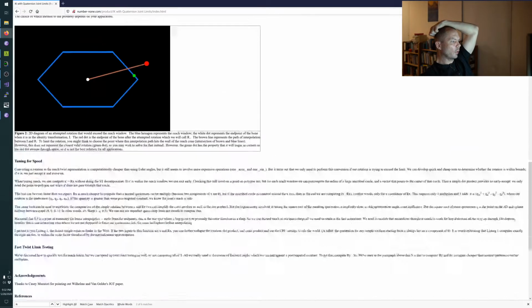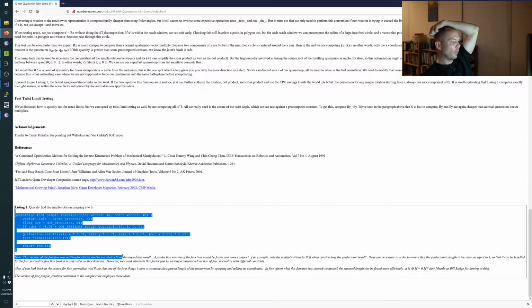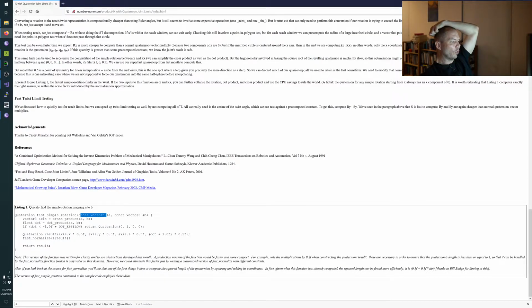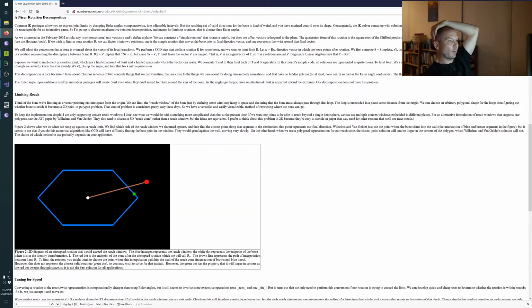This simple function, the code of it is in here, is the simple rotation. It gives you the quaternion that maps A onto B, but not including the twist angle around the target, right? This is only the minimum energy way if you're pointing this way to start pointing that way. So you can see how that's the majority of what you want to do for a look-at transform: point the right way, and then you multiply on how much rotation you need to make the up vector be what you want it to be, and I talk about that up here. Anyway,